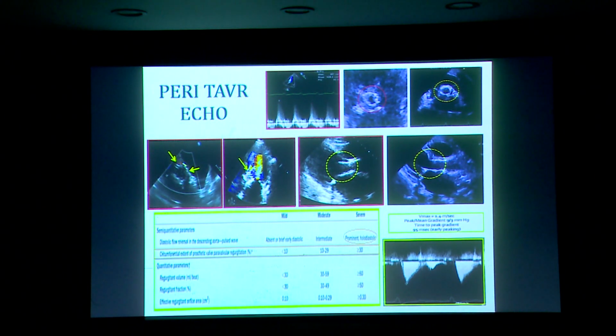So for the echo part of it, how does it look? When the valve is fully deployed, it should look round out here, not oval. If it's not round, you need to inflate it further or reposition the valve. Here you see the valve in its ideal position, not too much into the LVOT. On the left hand side, this is not the right position. If the valve comes too much into the LVOT, this might give the chance to form supraskirtal regurgitation.